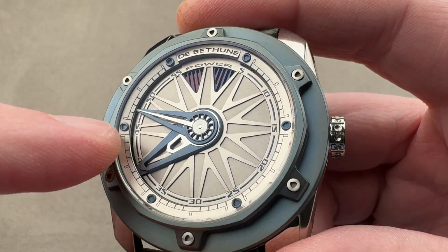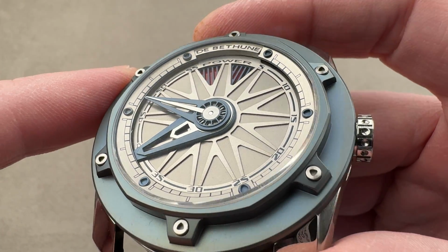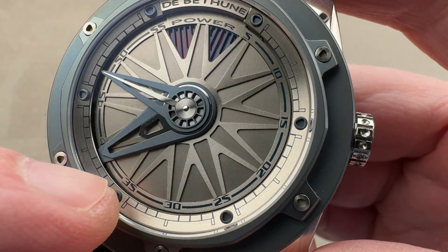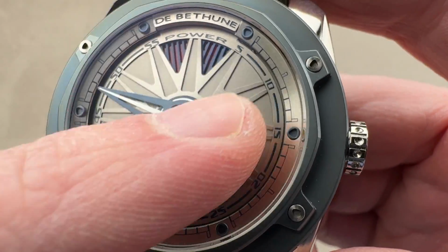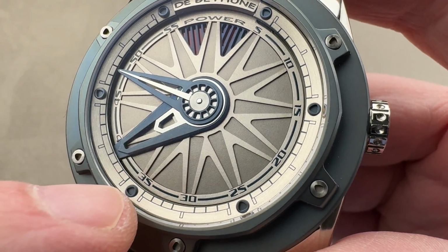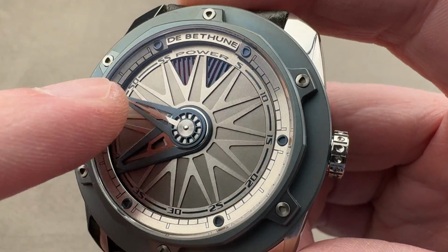Against that, you can read the minutes, and there are sectors, so it is a very high-tech style sector dial. And then we drop down, shear from that to the center dial, which includes a combination of satin finish or brushing in circular fashion, and then media blast of the recesses. You can also see we have a very dark blue print across the dial, the sectors as well as the